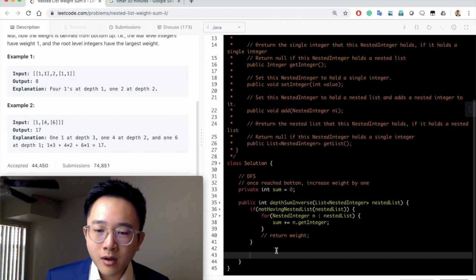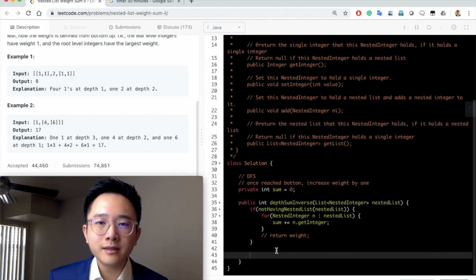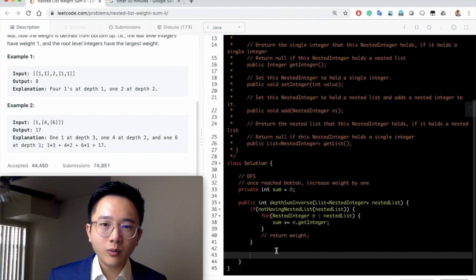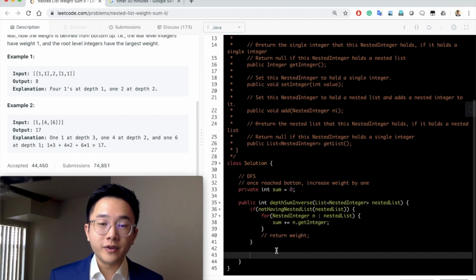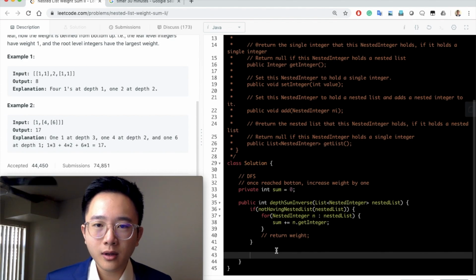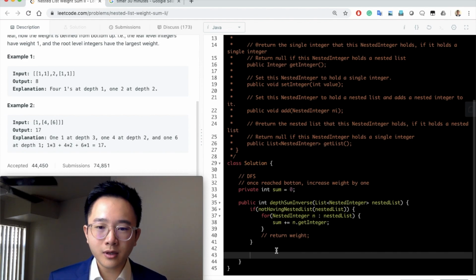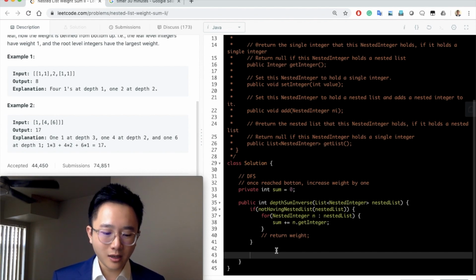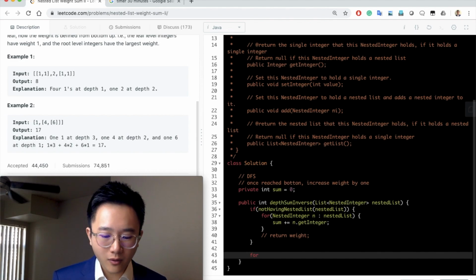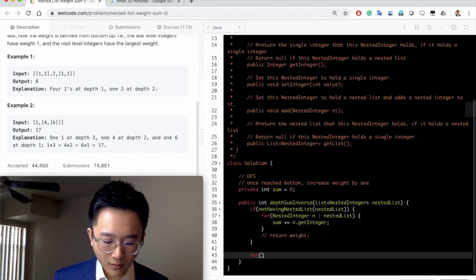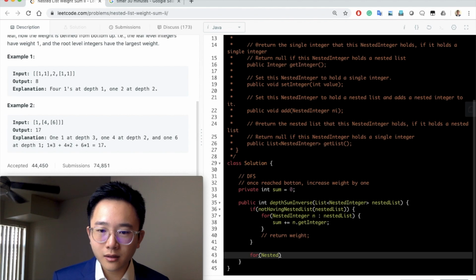Okay, so after this statement, we know for certain that this list has some subarrays. So why don't we assume that we have a weight, and then we go over this list to add up the sum. So after this, I'll have a for nested integer